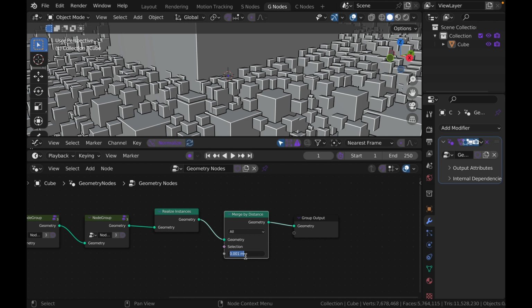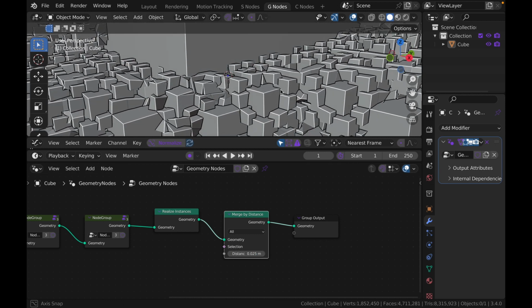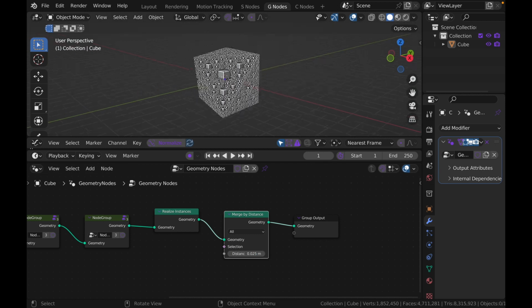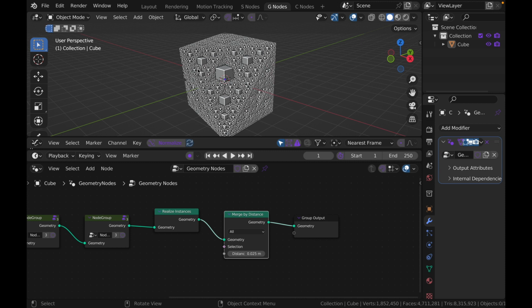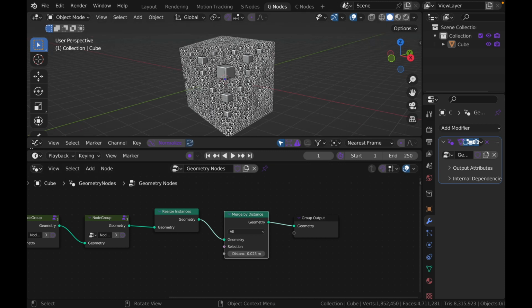I'm going to change that to 0.025 right there. And while you can tell up close that there's a difference, you really can't tell once you're back here. Now, there's one more thing we can do, but before I tell you,